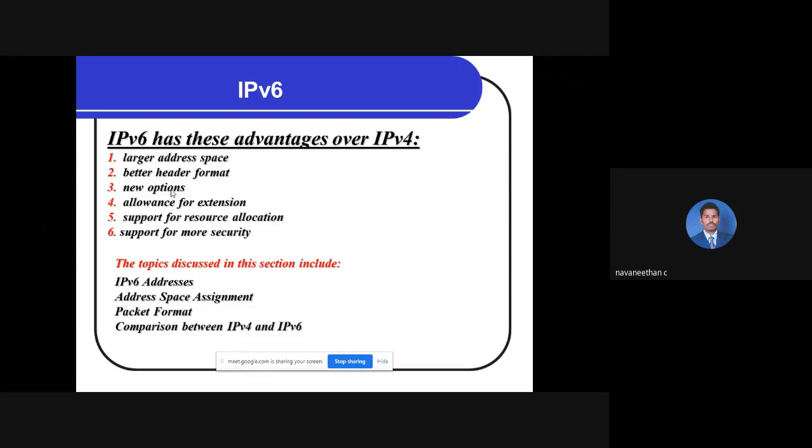In IPv4, we say that with respect to the network layer, it acts as more secure, but that is wrong. In IPv6, we have more enhanced new security features when compared to IPv4. Next, if time permits, we'll go for one guest lecture with respect to IPv6 in detail. We'll discuss the IPv6 address, its address format, packet format, and lastly the comparison between V4 and V6.